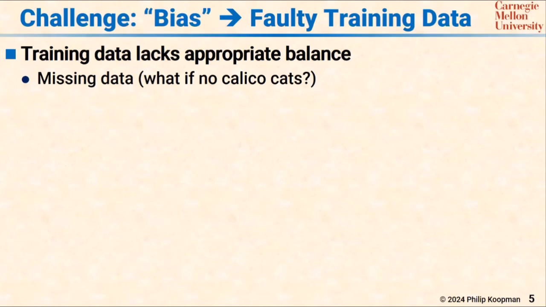Now, how can the training data be faulty? Well, one thing is it may have missing data. What if there's not a single calico cat in the training database? When it sees a calico cat, it'll go, I have no idea, right? And it may just randomly guess. So if it hasn't seen something, it's hard for it to deduce from first principles, oh, that's a cat, because it looks like all the other cats except different fur color. And we see issues. There was recently in the news a thing about fire engines not being spotted because they weren't painted red. This is actually a thing. Color actually matters for these kinds of things.